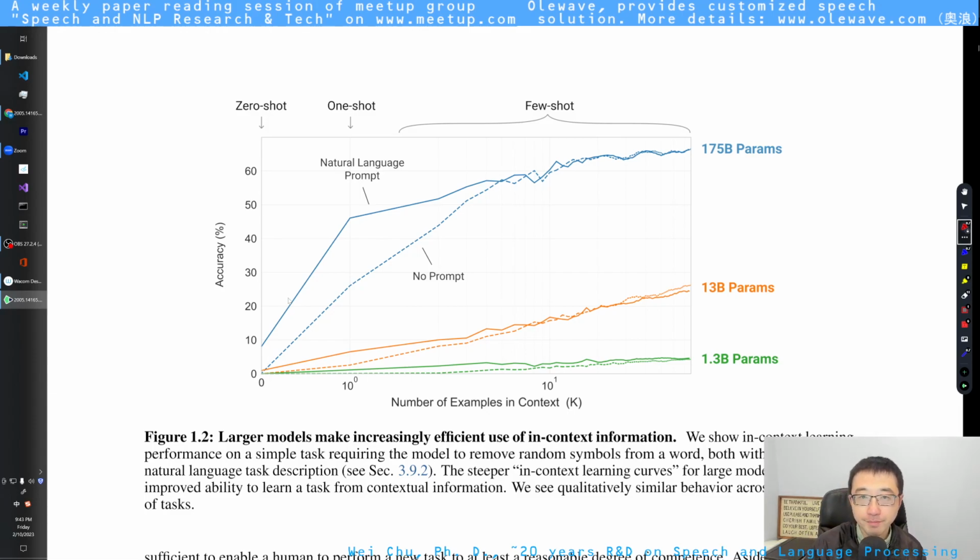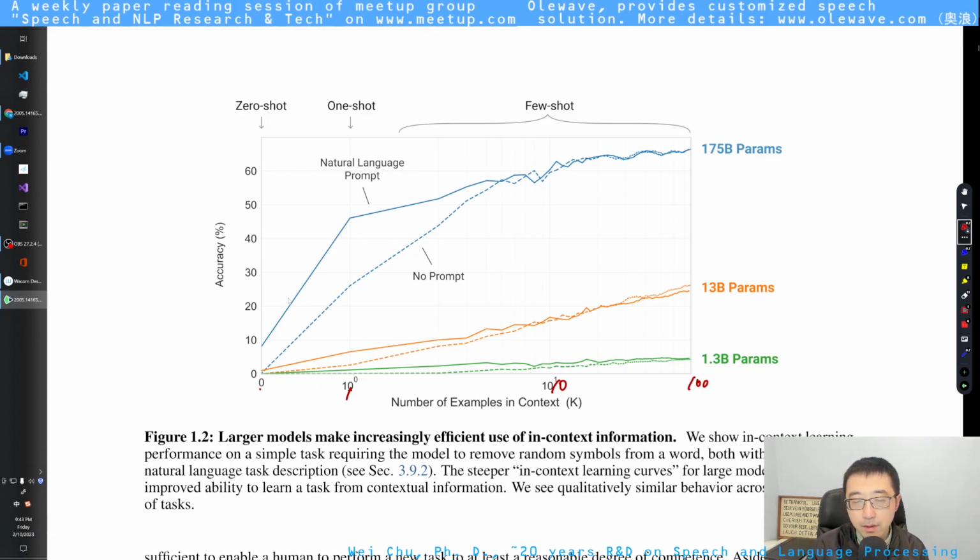First of all, the x-axis is the number of examples, okay? This is 1 example, this is 10 examples, this is 100 examples, probably. And this is accuracy. The higher the better. You can see this corresponds to zero-shot, this corresponds to one-shot, and this region corresponds to few-shot.